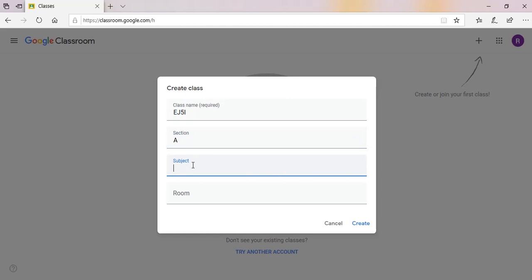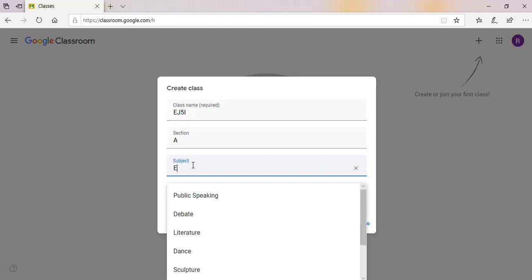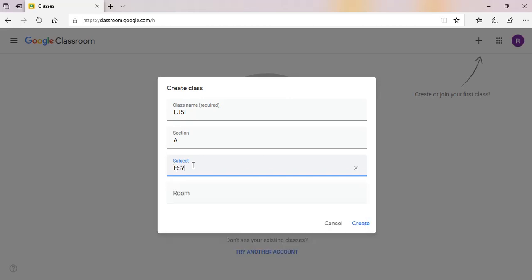Here you can write down the abbreviation of the subject. Suppose here I am creating the class for my subject embedded system, the abbreviation is ESY, so I will write the ESY. Then room, you can assign the room number, anything, room number 1 or so, and then we'll click the create. So now it's creating a class.